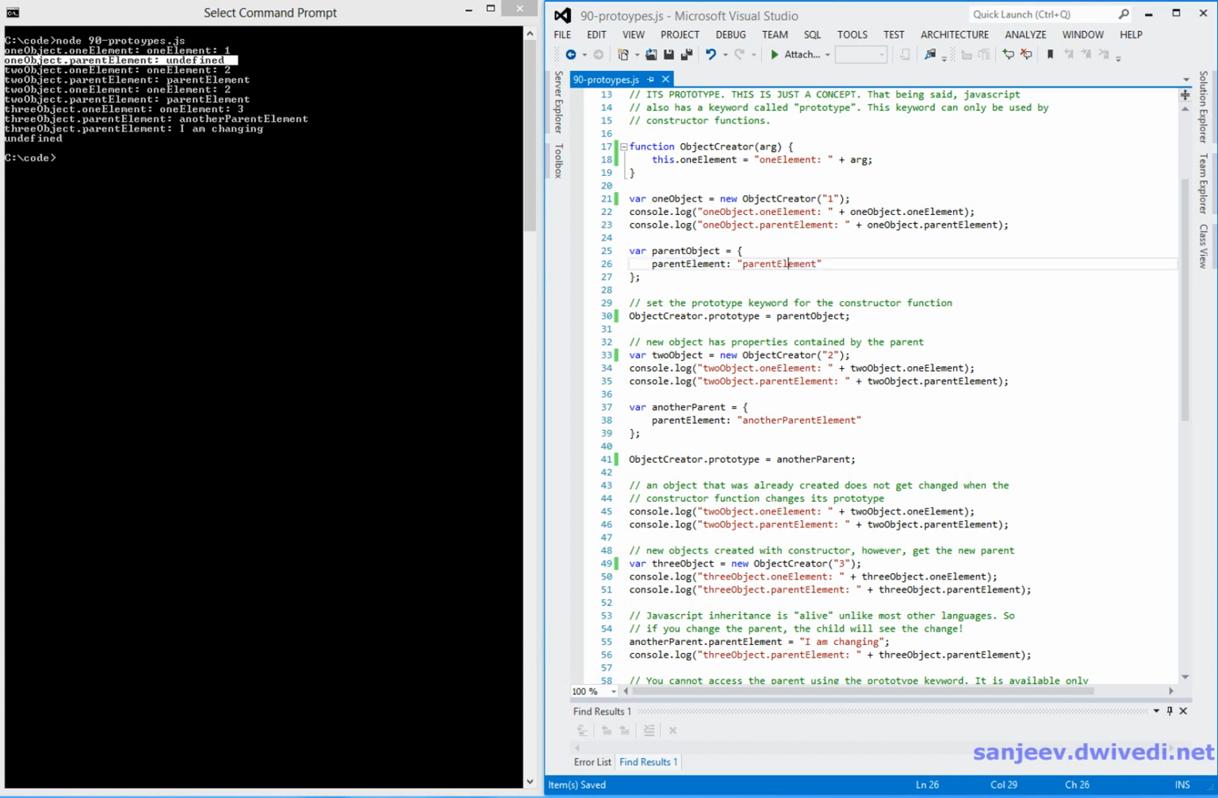We can actually change this. Let's call this "I come from"... right? So we gave it a value, sorry, there we go. ParentElement has a value saying "I come from parentElement". So now after this we assign to the prototype property of the constructor function this object, parentObject, and then